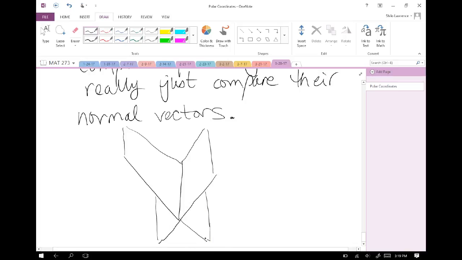So if I wanted to know what was going on between those two planes, it's two intersecting planes. If I wanted to know what was going on between those two planes, so maybe the angle between them or something,